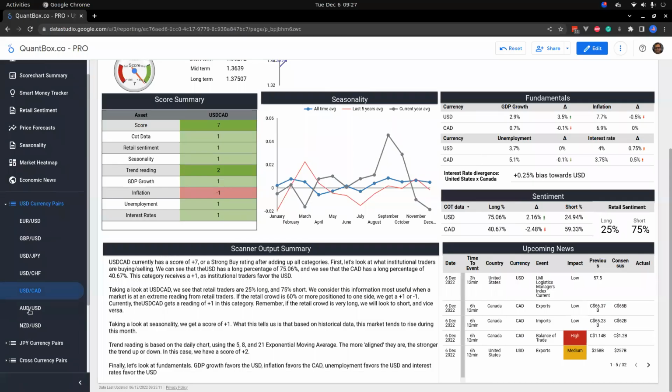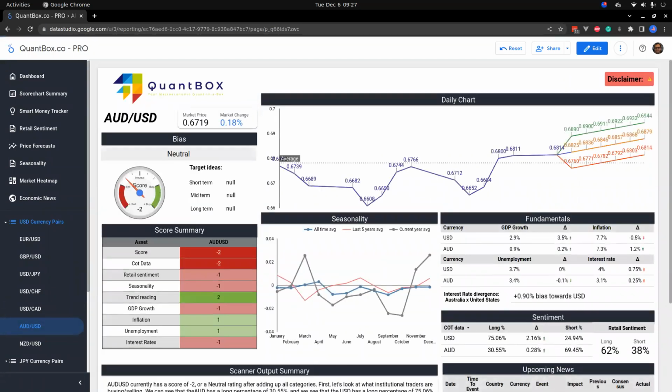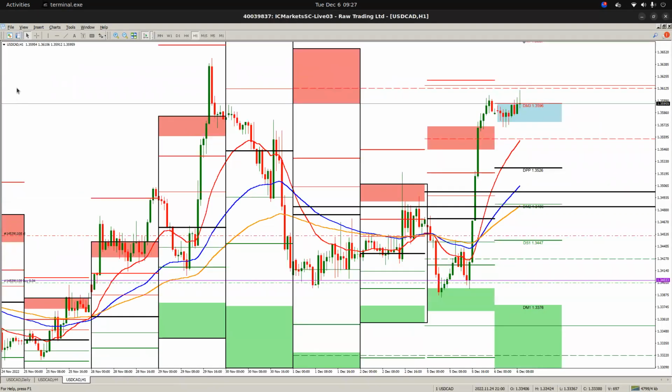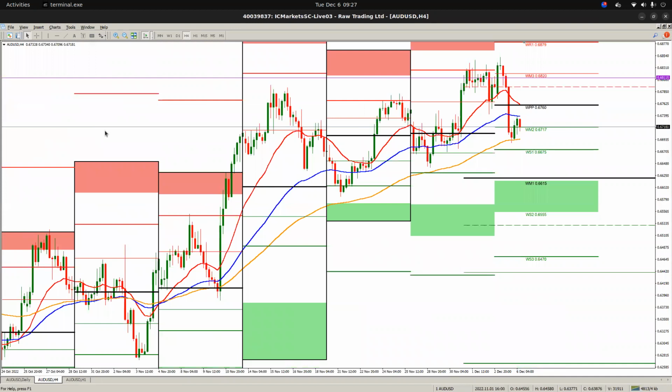All right, Aussie dollar USD. Excuse me. Neutral. Okay. It's interesting how the only pair that so far shows a strong signal is the one we took yesterday. Isn't that interesting, friends? Why is that? Because of the role reversal on H4. No magic. I mean, I had no idea what was going to happen yesterday on USD CAD. I just know that I trade role reversals.